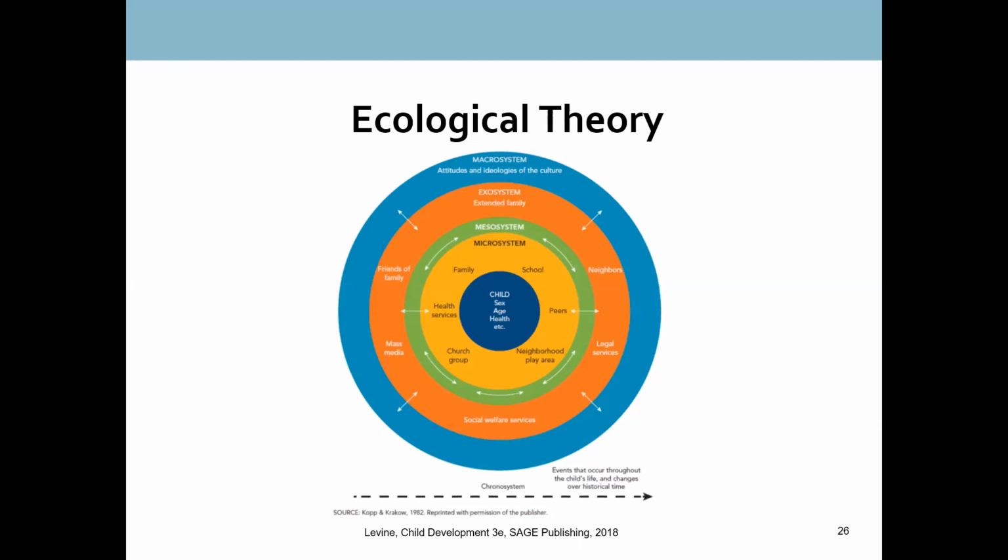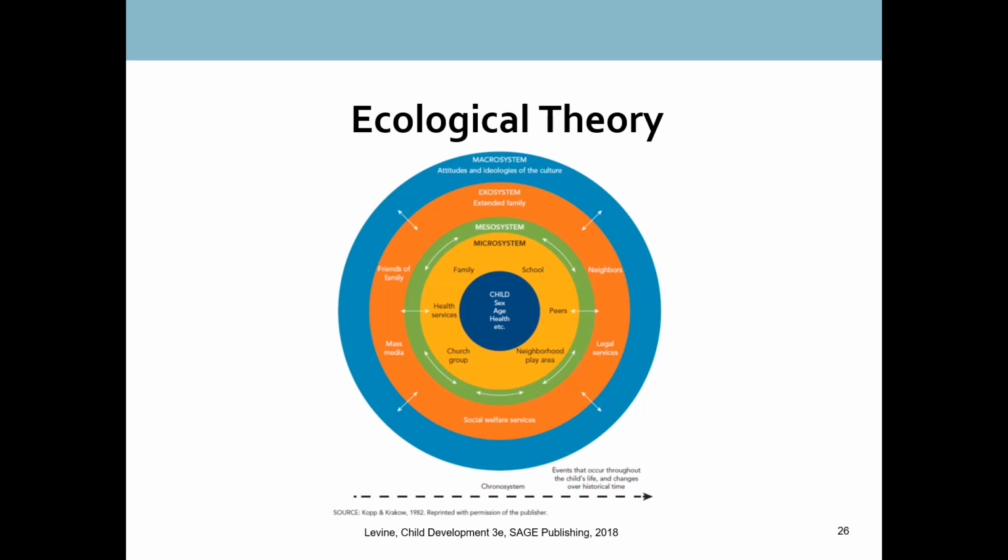And here we see the child in the center, with certain individual characteristics. So the child has a certain sex and age and health status, etc. So there are some internal individual characteristics that obviously affect the child's development. This would include their genes and their whole biological system and things like that. But what he points out in these rings are all the other types of influences that are going to affect